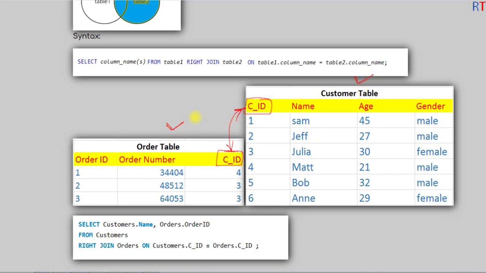Now to perform the right join between these two tables, we have to write SELECT customers.name. So we are selecting the name column of the customers table, and orders.orderID. So we are selecting the order ID column from the orders table, and then we have to write FROM the table customers RIGHT JOIN the table orders ON